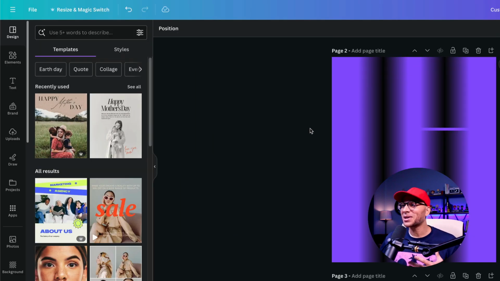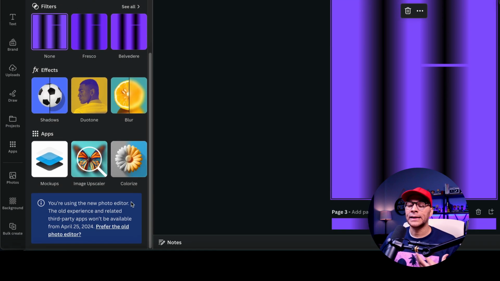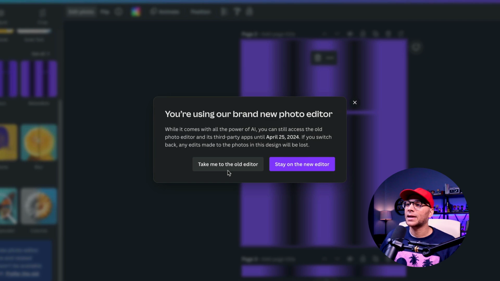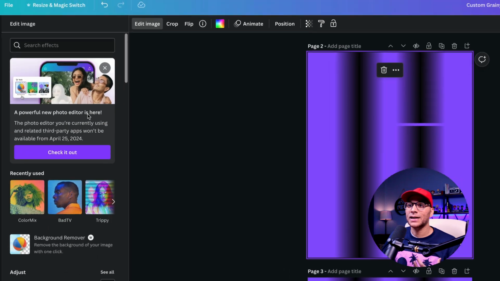All right, so let's select our image, and we're going to go up to Edit Photo and scroll down, and we want to go back to the old photo editor. Now Canva is telling us that after April 25th, these effects may not be around, and we'll see. Maybe they'll roll them into the new photo editor, maybe not, but for now they're there and we're going to use them. So I'm going to go to prefer the old photo editor right here and take me to the old editor. All right, and now when we click here and go to edit image, we've got a different set